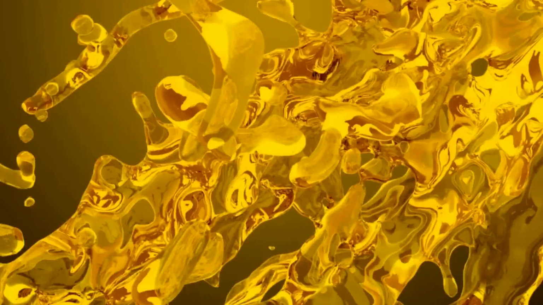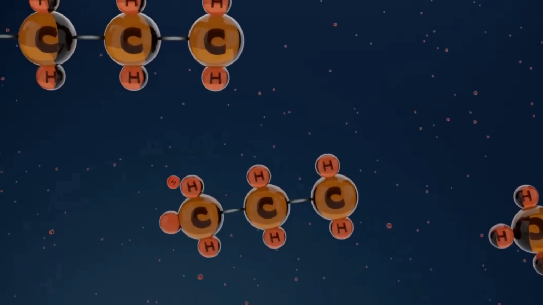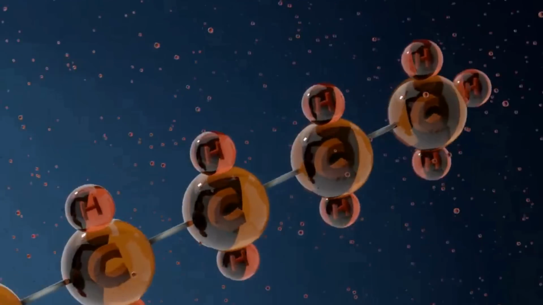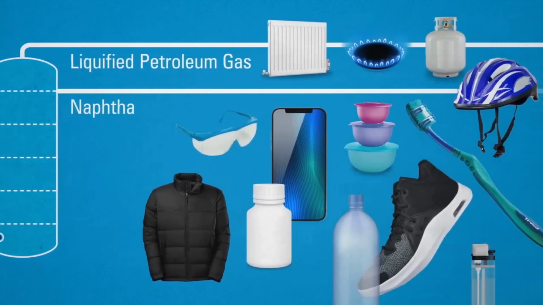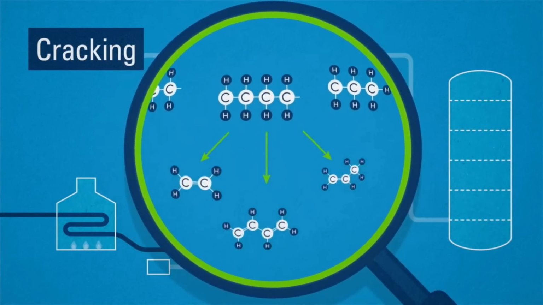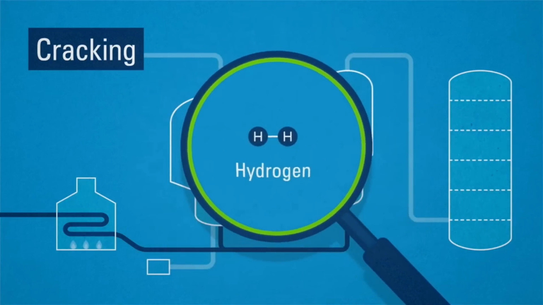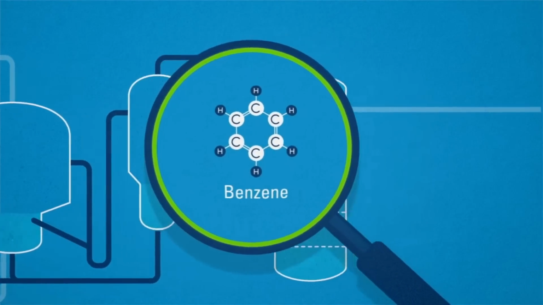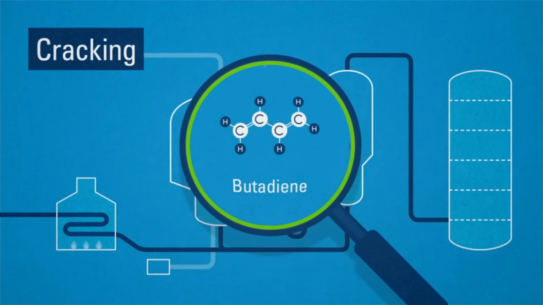Now, that's just the basic processing. The heavy oil can be further processed in a process called cracking, because oil is just chains of carbon and hydrogen, and using heat and catalysts we can break those down further into more useful products. The fractions we're most interested in are LPG and naphtha, as they're the basis of the plastics industry. They need to undergo further cracking to release a whole lot of other useful materials, as well as quite a lot of hydrogen. Benzene is used mostly as a glue in pharmaceuticals and things like insulation.